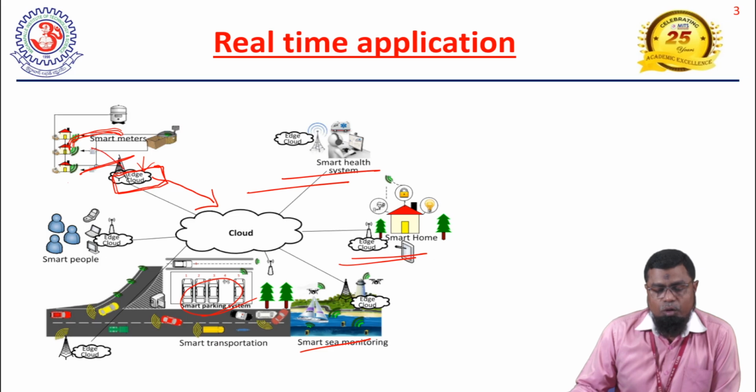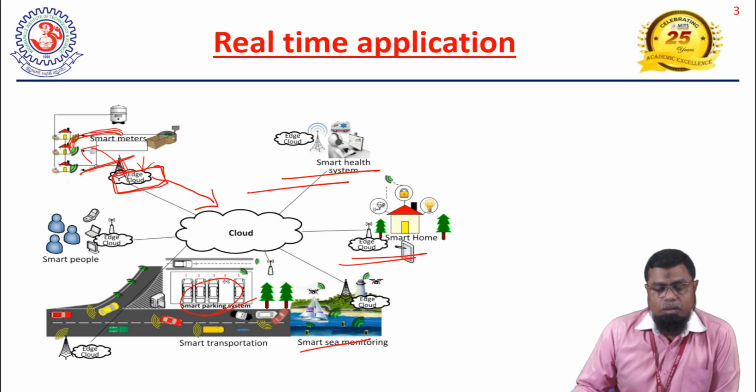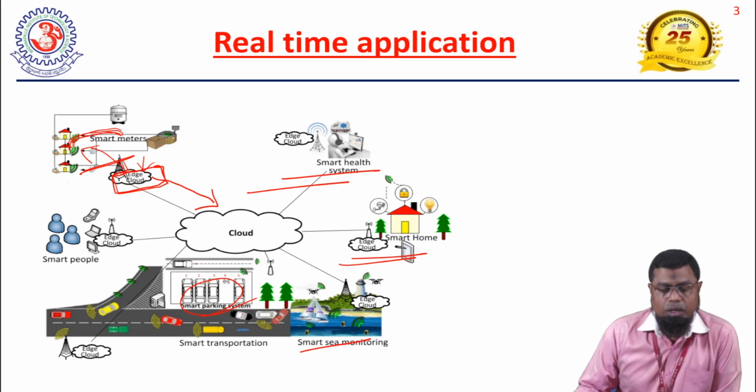So the data flows from here towards the server and towards the device. Here it is a time sensitive application. So the sensor should work connected to the internet, and this application should happen based on time. If we upload all this data to the cloud and wait for the data to return from the cloud, it takes more time. So for this type of application, we need this edge server, which is going to do all the computation. So it will reduce the time for the IoT devices.